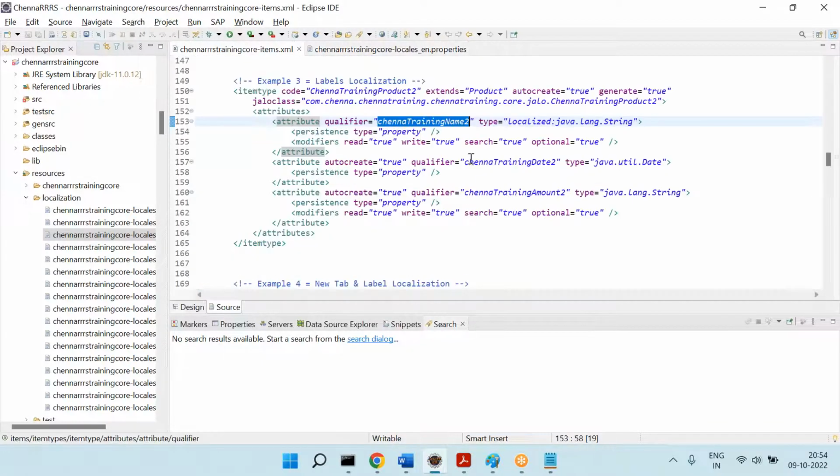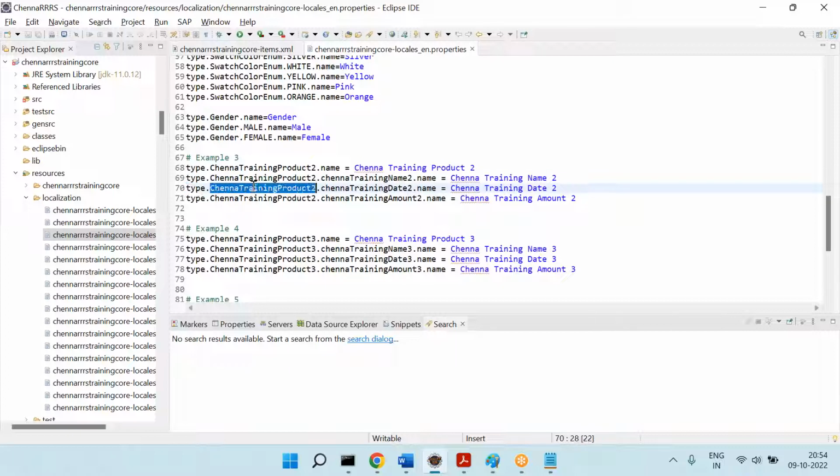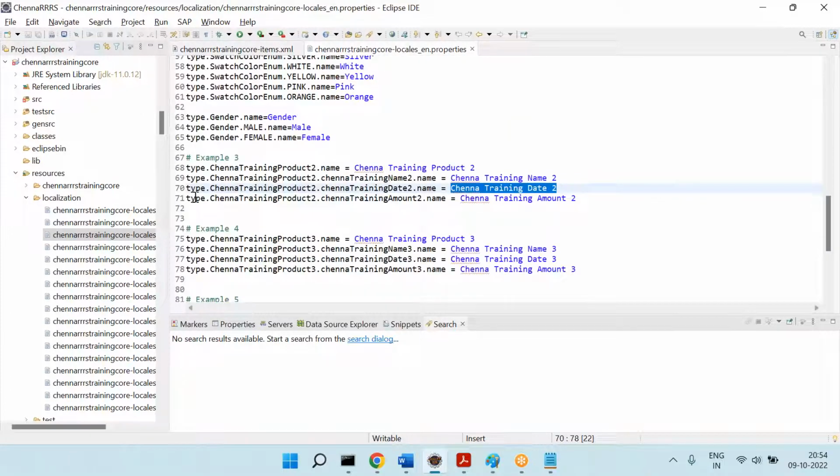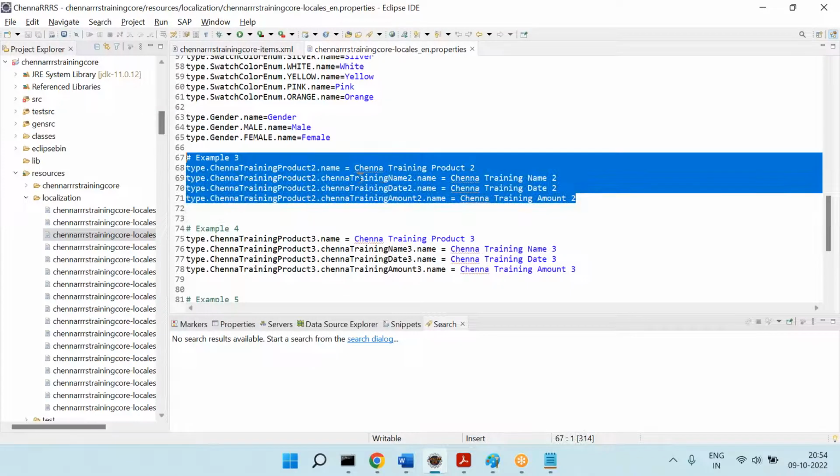Next, I want to give the proper name for date. So therefore, type dot type name dot attribute name dot name. You can give whatever value you want. This will appear in the results. Similarly, type dot type name dot attribute name dot name for the amount. You can give whatever you want. So this is the change you need to do for the proper attribute names and proper type names. Once you are done with this,